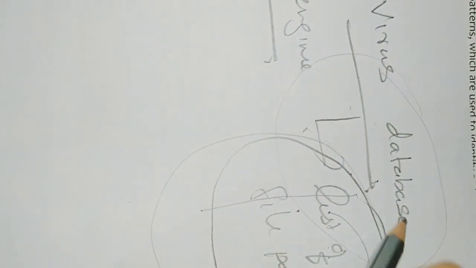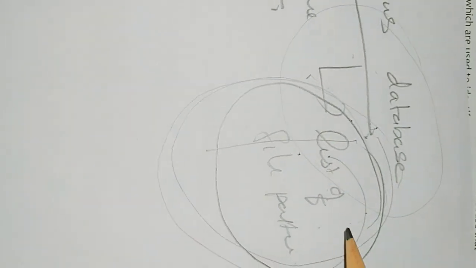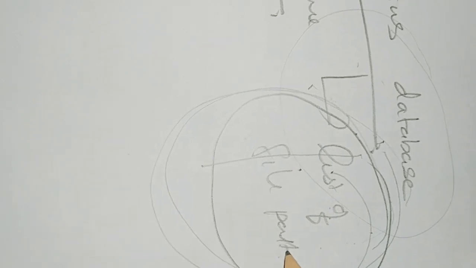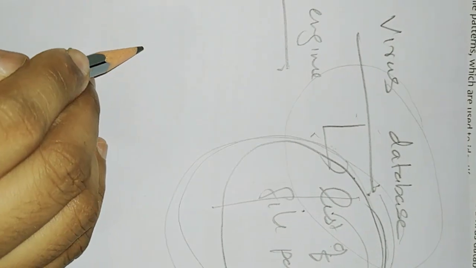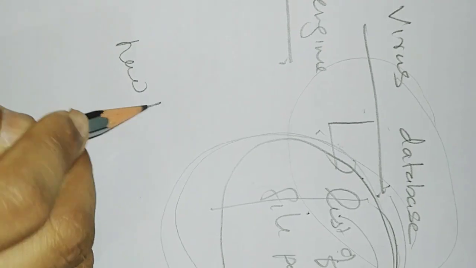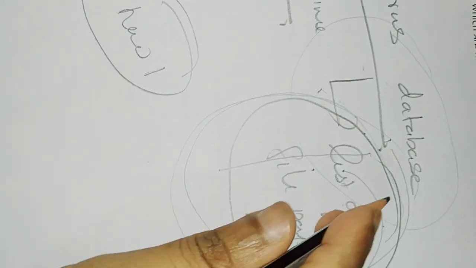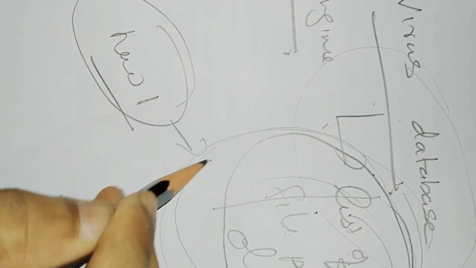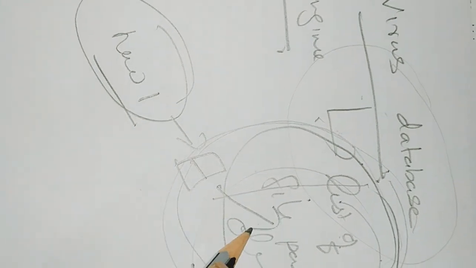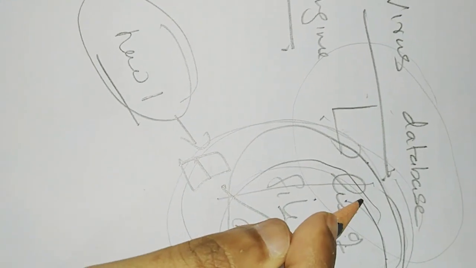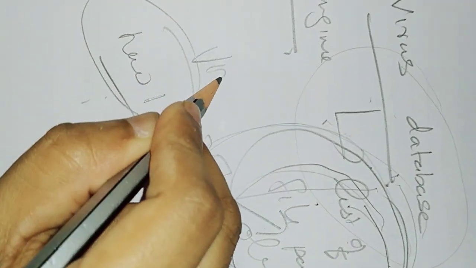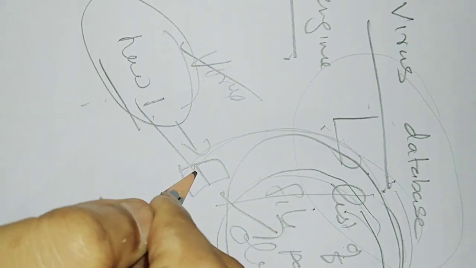So it will have only the old list of file patterns. Suppose a new virus, let it be a new one, NU1, comes. You have old ones, old 1, old 2, old 3, many file patterns, but this is a new form of attack. Suppose it affects your computer, it will scan the database. There are no files matching the new one, so it will not detect it as a virus, and it will affect your computer.